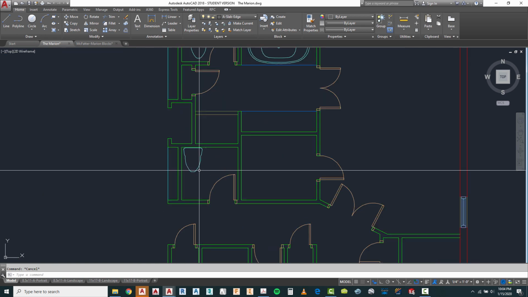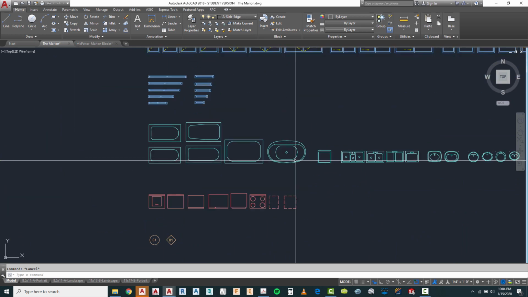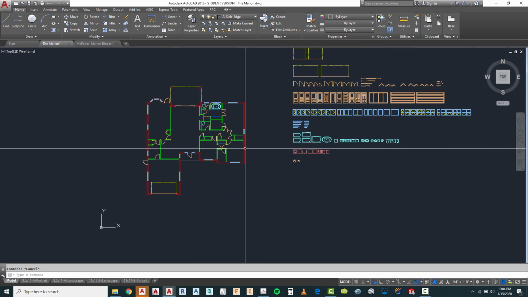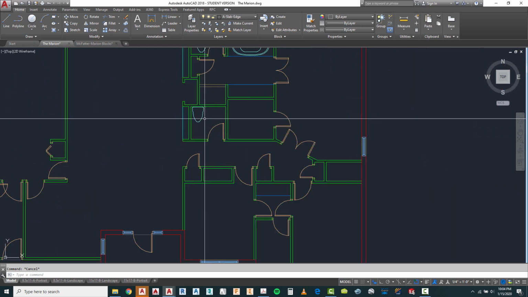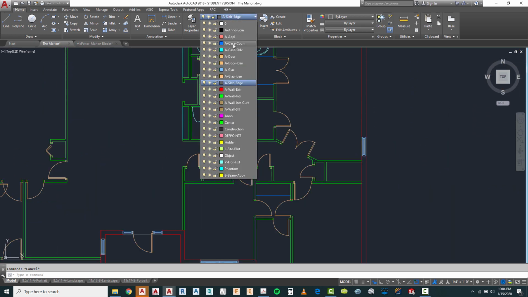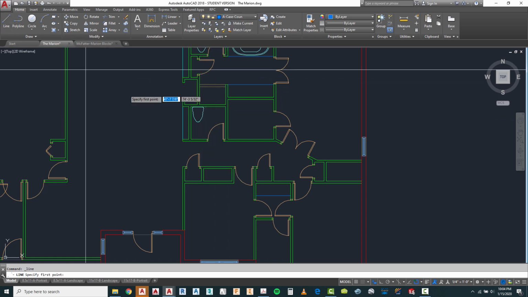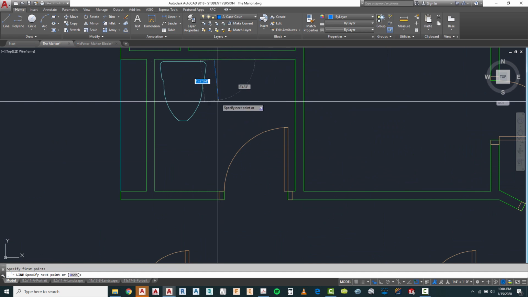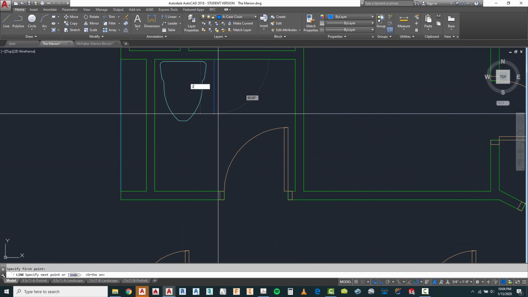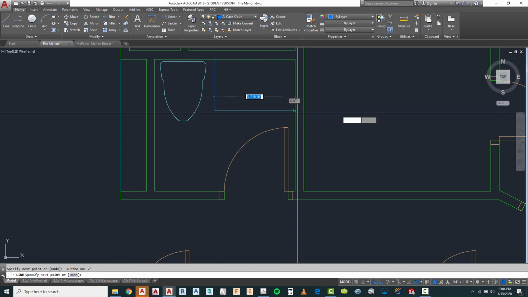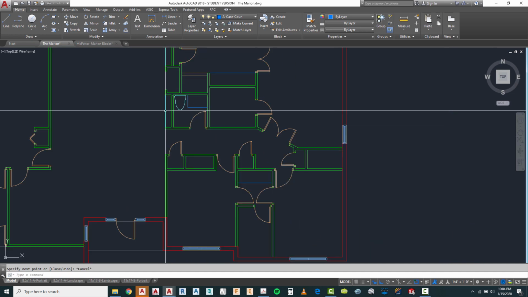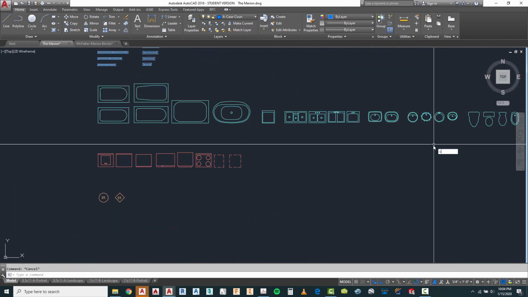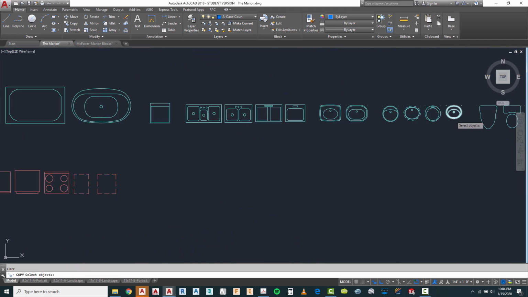I'm still missing my counter. Now I could use a pedestal sink in here, which would be one of these two, or I can use a short little countertop in here. I'm going to change that to a case counter, and I'm going to draw a line from here, come out the 2 feet, and then come across this way. And so there's my toilet in there, and there I'm ready for a sink. I'm going to copy, and use this sink,